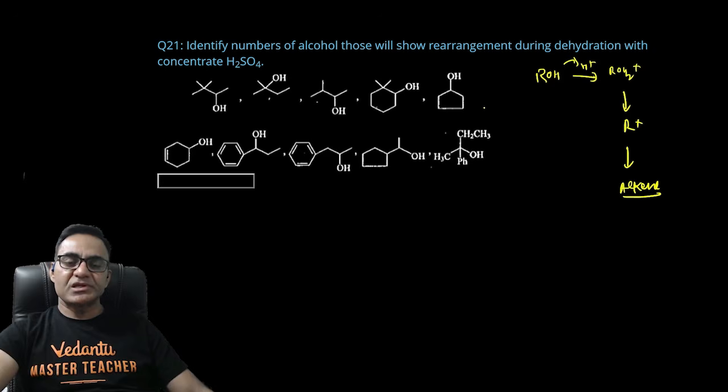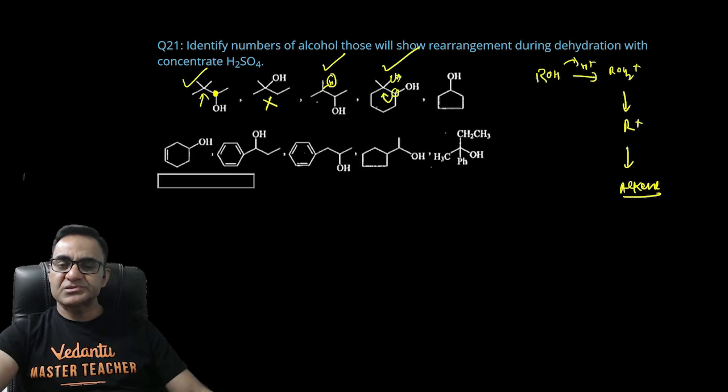तो अब ये चेक करना है कि इनमें किस में रीअरेंजमेंट होगा। देखो पहला देखते हैं, जैसे यहाँ पे कार्बोकेटायन बनेगा, मिथाइल शिफ्ट होकर यहाँ पे आ सकता है, तो इसमें रीअरेंजमेंट हो जाएगा। ये ऑलरेडी टर्सरी बनाता है, नहीं होगा। इसमें भी सेम बात है जो फर्स्ट में था, यहाँ पे एक हाइड्राइड शिफ्ट होकर टर्सरी में कन्वर्ट हो जाएगा, तो ये भी काउंट करेंगे। इसमें भी ये मिथाइल है, मिथाइल शिफ्ट करके प्लस चार्ज मूव हो जाएगा, टर्सरी बन जाएगा, ये भी आंसर में आएगा। इसमें कोई चांस नहीं है क्योंकि सेकेंडरी कार्बोकेटायन ही बनना पॉसिबल है।